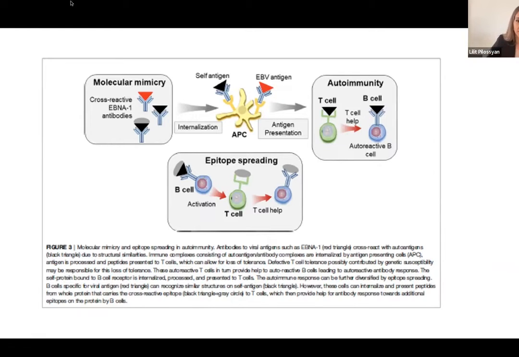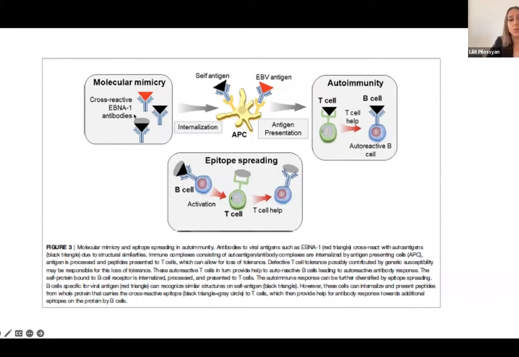So another mechanism of how we develop antibodies to self: the antibody that was created to the EBNA antigen from the virus was similar to a protein in our body. However, proteins sometimes don't just come isolated, they could come in protein complexes as well. So this is what this is trying to illustrate. This is the protein antigen that's similar to the EBNA, but it's combined with other things to create a protein